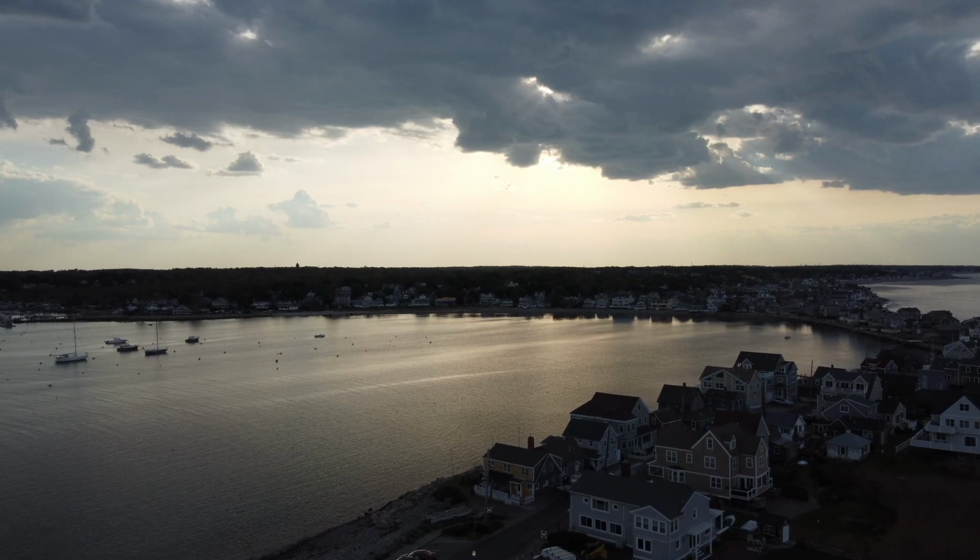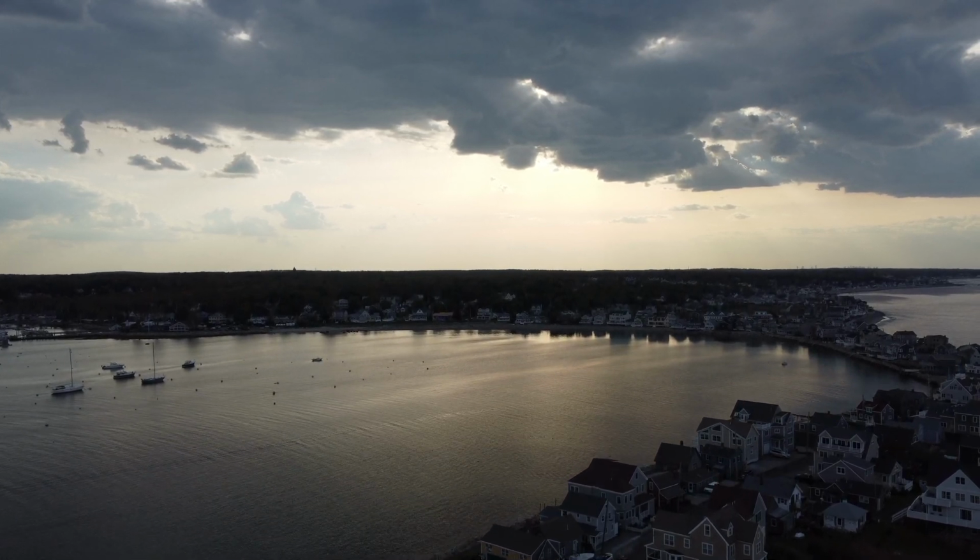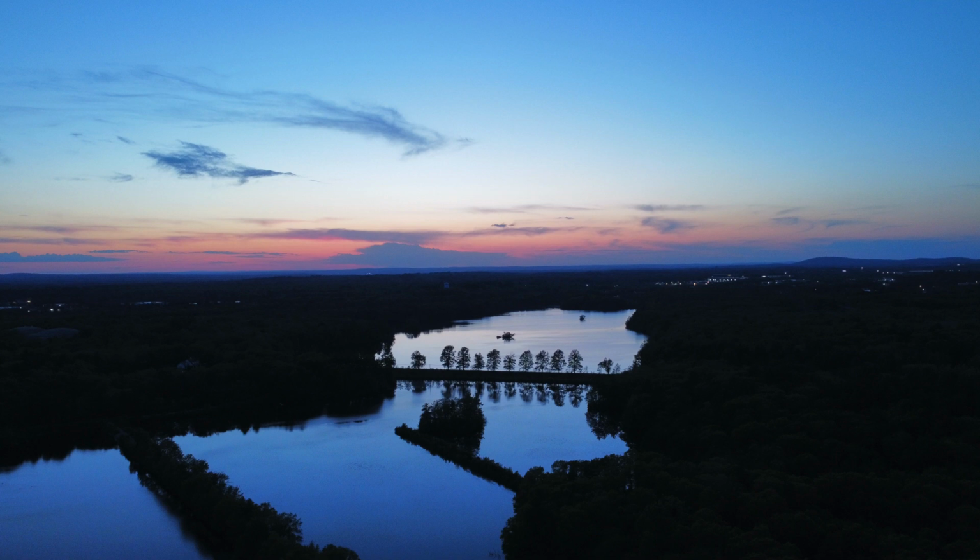So the quality right off the gate, right? You have 2 ways to shoot with this thing. You have the auto settings, which is where it does all the ISO, the shutter speed, the white balance, everything is automatic for the camera that's in here. Here's a photo in the photography mode, no editing, no post-production, just auto settings, flew it up, took a picture of a sunset. And overall, that quality is exactly what I want from a camera like this, where I don't have to do a lot if I don't have time, and I don't have to sit there and fiddle with the settings, and it's still going to be a really good photo,